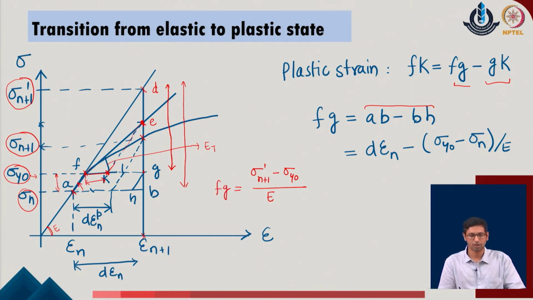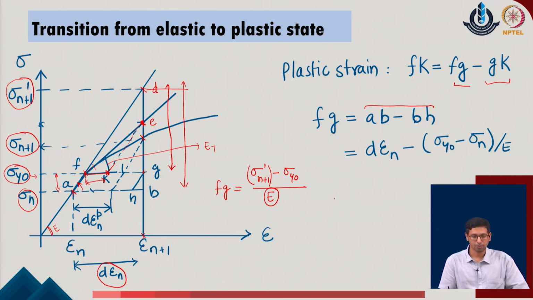So, the initial f g value corresponding to the total length from here to here can be evaluated as the difference between sigma of n plus 1 prime minus sigma y naught divided by the elastic modulus corresponding to this linear profile of the given system, which is the initial modulus of the system E in the given problem. Now, through a simple modification one can identify that sigma of n plus 1 prime which is located with respect to this point can also be defined in terms of the overall strain parameter of the system, d of epsilon n.